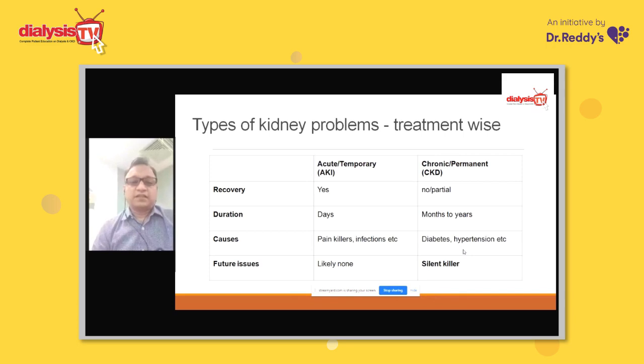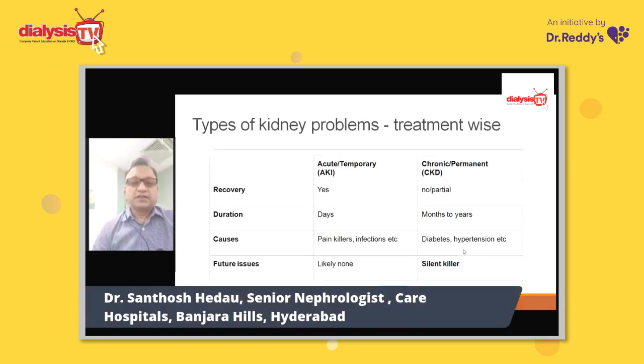If we see recovery, yes, in acute problems recovery can happen. In chronic problems, we can't have recovery, but we can control it. So it can be no recovery or a partial recovery. Duration, I told you, days for AKI, whereas chronic problems months to years. Causes: painkillers and infections are the common causes for temporary problems, whereas long-term problems can be because of diabetes and hypertension, which are the major causes. You won't have any big future issues if you have AKI, mostly you will recover, whereas if you have CKD, it becomes a silent killer,